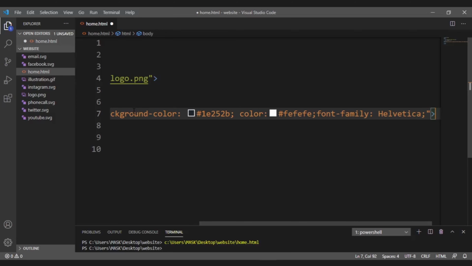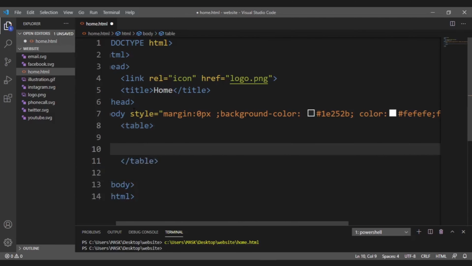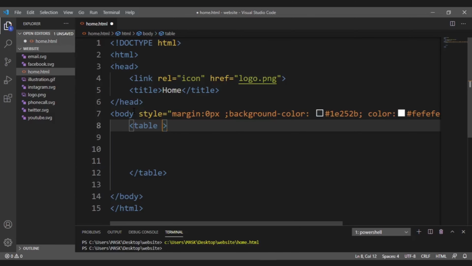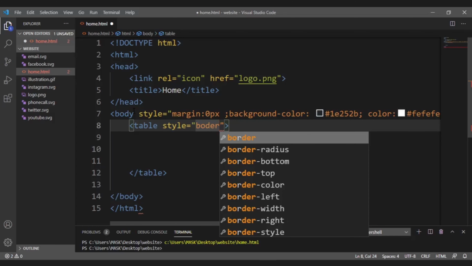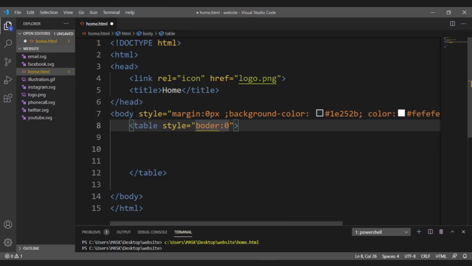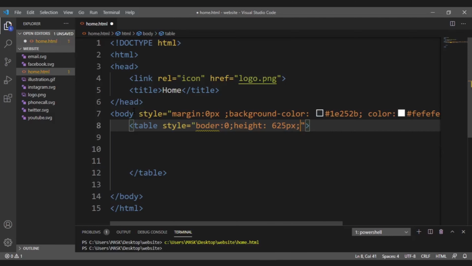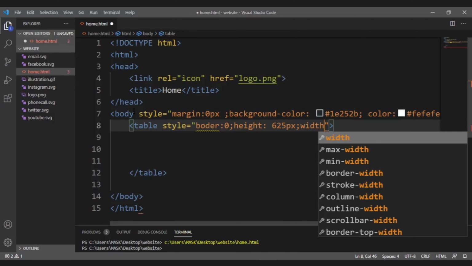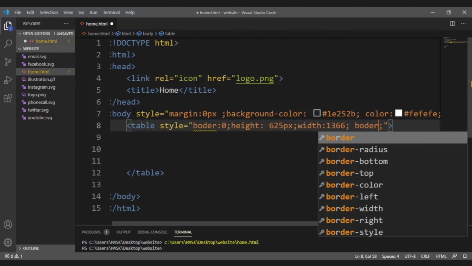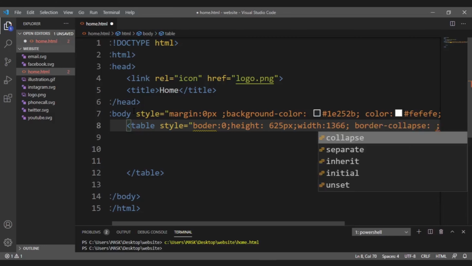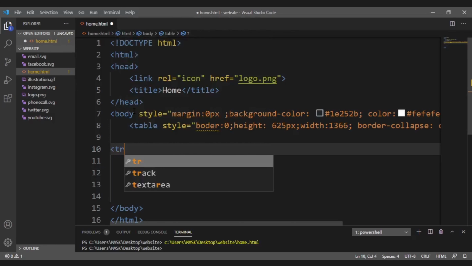Now inside the body we have to create a table which will contain 3 rows. Let's give a style to the table. We will be removing the border, so border will be 0. Let's give it a height, let's say 625 px. Width will be 1366. We will be using border collapse, so border collapse is collapse. Now we are done with this. Now let's create 3 rows. So first one is tr,